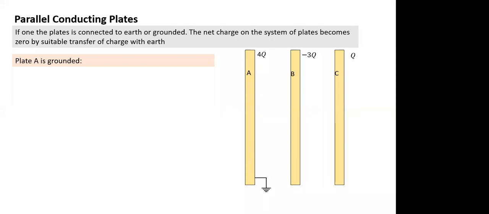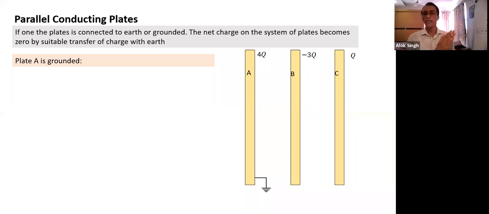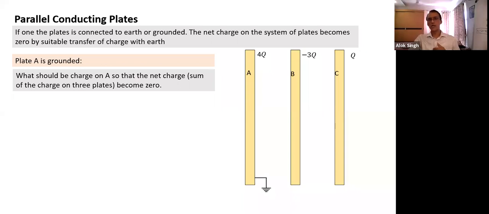2Q. So basically, what is the charge on A? It is equal to the negative of the charge on B plus C. So minus of QB plus QC. So I can easily calculate what the charge on A should be so that the net charge, the sum of the charge on all 3 plates, becomes 0. Which means these two are not changing, so these two are the same. So what has to be this charge here so that the total becomes 0 is easy to figure out. This has to be equal to plus 2. The charge on A becomes equal to plus 2.